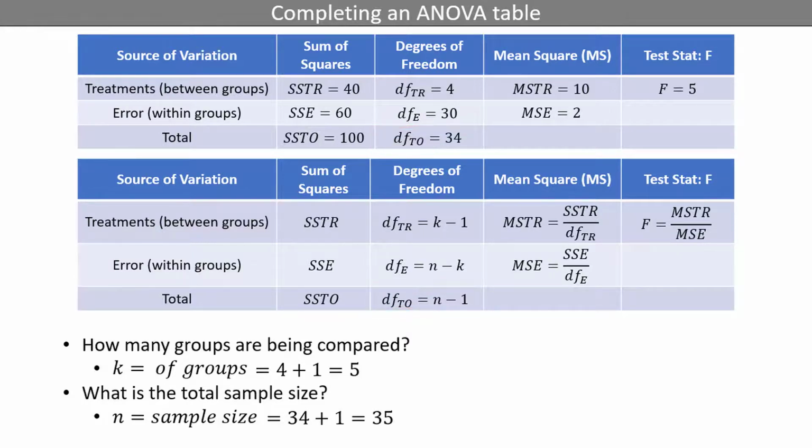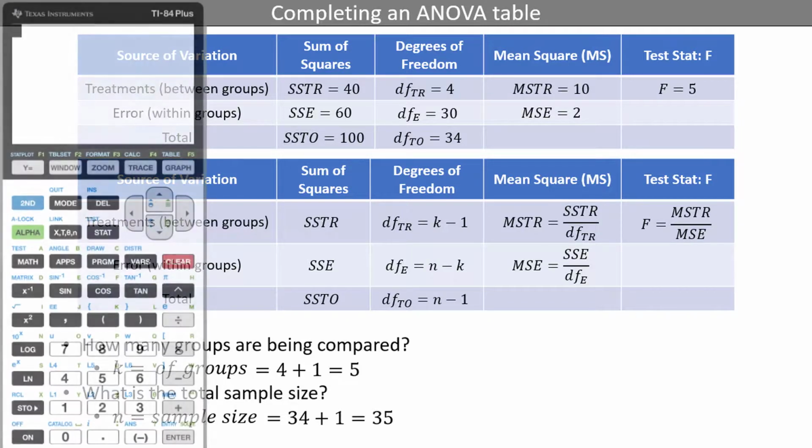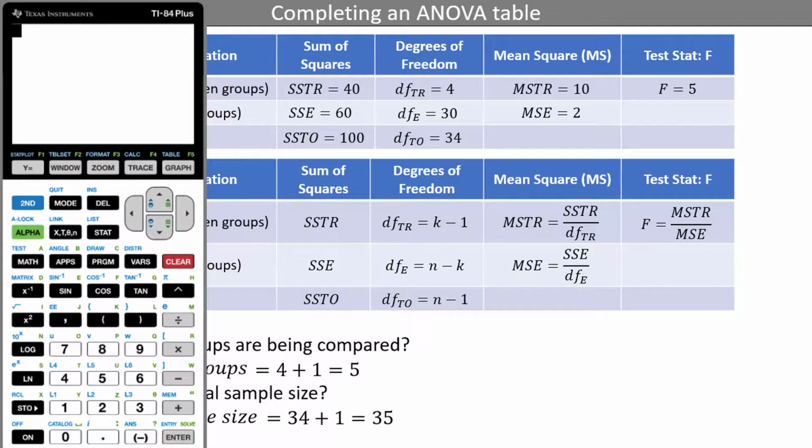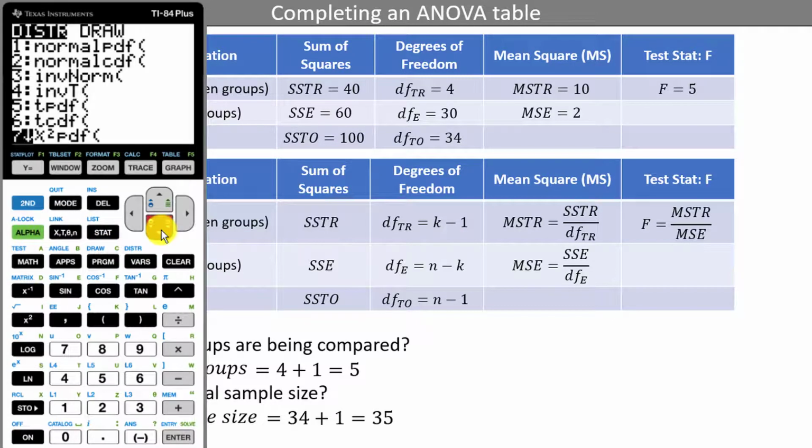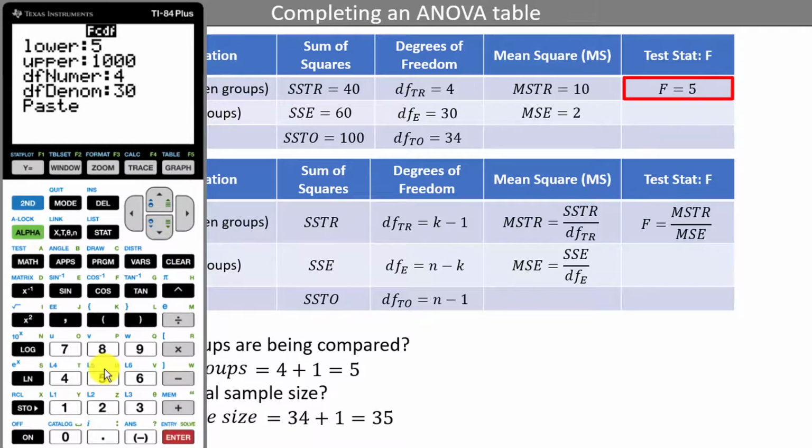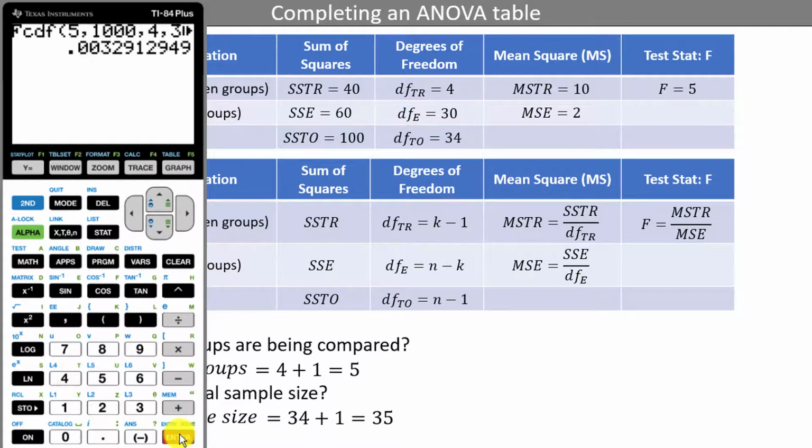We can also calculate the p-value, which is just the area in the right tail of the F distribution, greater than F equals 5. On the calculator, we go to second, distribution, scroll down to FCDF, the lower bound is 5, and the upper bound is 1000 to represent positive infinity. The degrees of freedom numerator is the degrees of freedom between groups, or 4, and the degrees of freedom denominator is the degrees of freedom within groups, or 30. Paste and press enter, and we have the p-value of